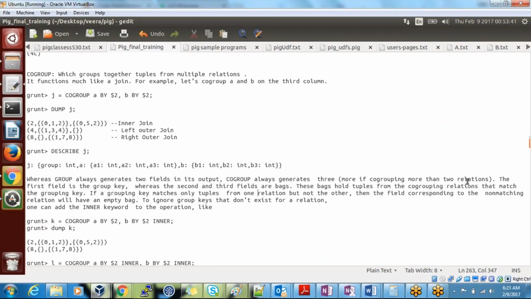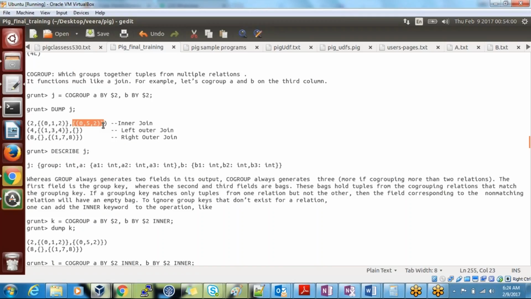If you are grouping more relations, it can give more. The first field is the group key, whereas the second and third fields are the bags. This is one bag from the A side and this is one bag from the B side, correct?